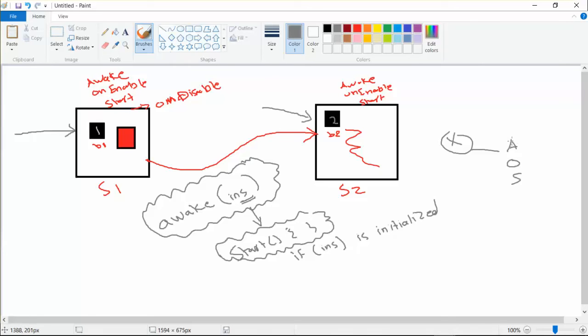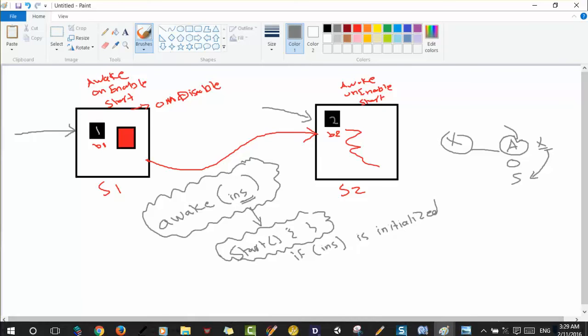So we need to achieve the following. Once we go to, for example, the Awake method, we just want to say, all right, is this X initialized or not? If it's initialized, we're not going to initialize it again. We want to keep the previous instance. If it's not initialized, create a new X, and just move to the next step. So how do we achieve that in code? In code, we can go to